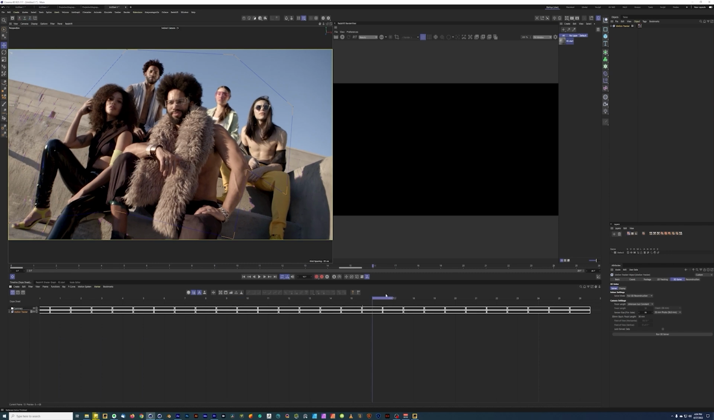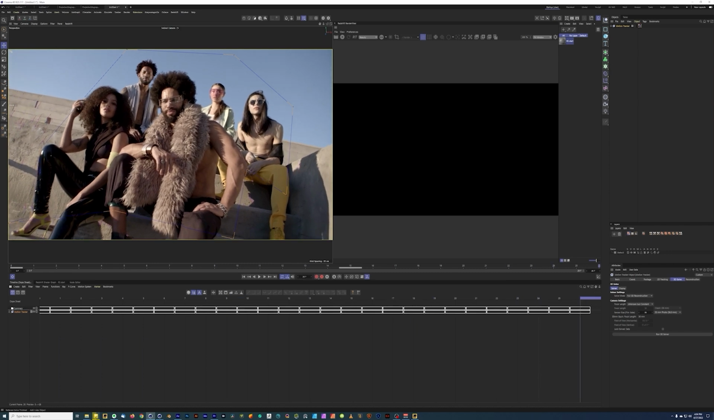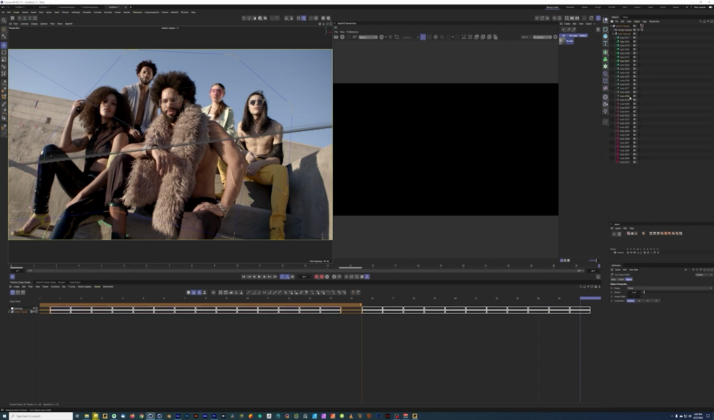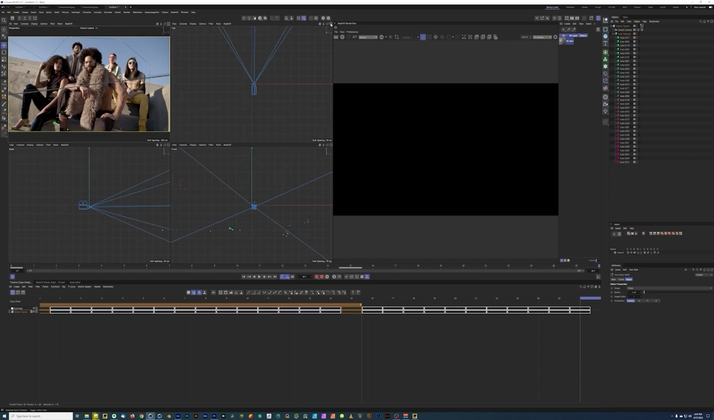So this makes it look really easy, but what it did was it made a 3D camera with a lock on it, and it made all these auto features. These are like nulls in your scene now. So if I go out of this view